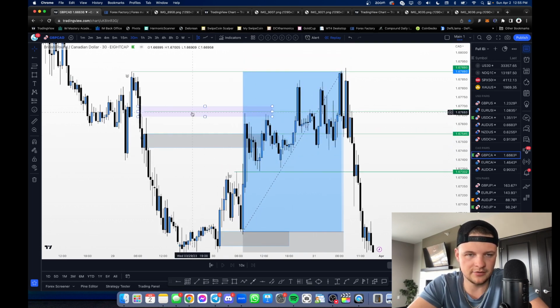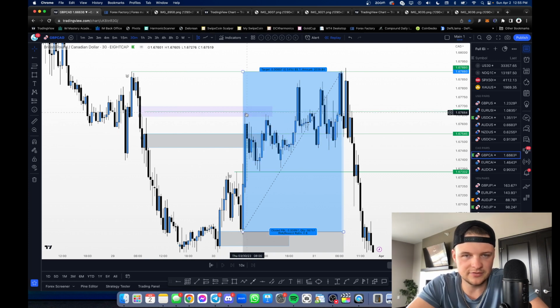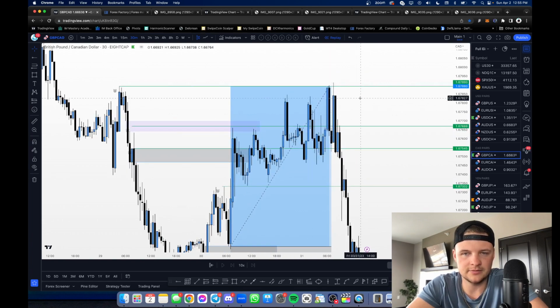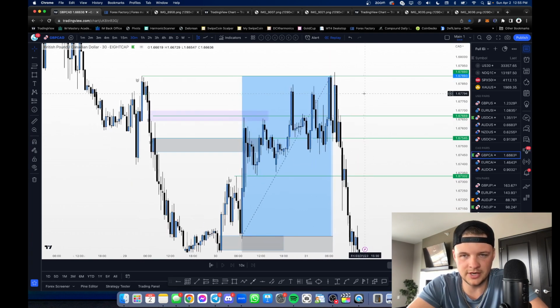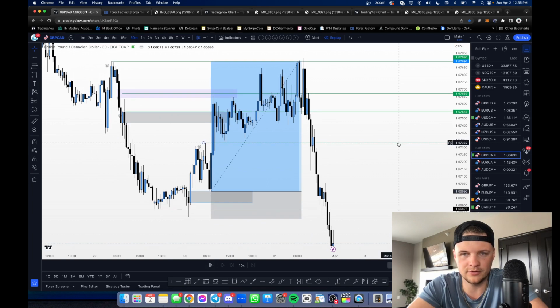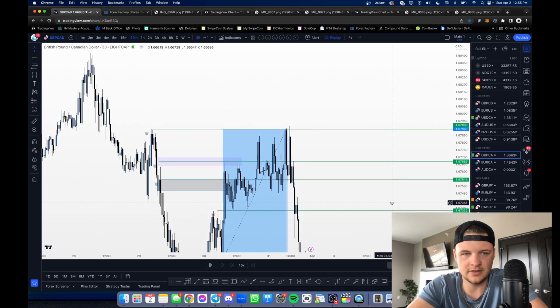I add take profit 3. I'll show you guys this. I said I want to target this fair value gap as take profit 3. I obviously put a level in here that doesn't get hit. You could have pulled out profits right here at the fair value gaps, which I did. Doesn't matter either way, because price eventually does pull back and run through that level if you were waiting for that level. And then eventually take profit 4 was hit as well. Beautiful trade. Obviously, our take profit 4 was perfect because we ended up selling off from there.